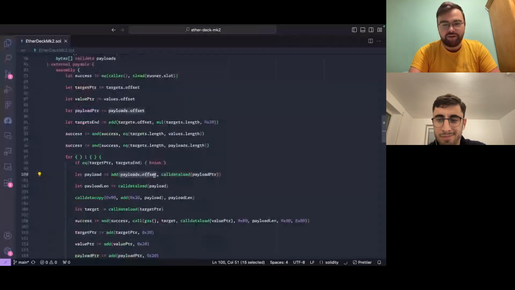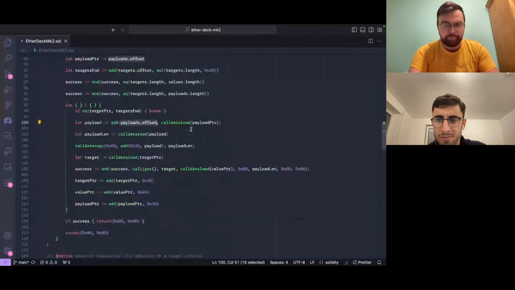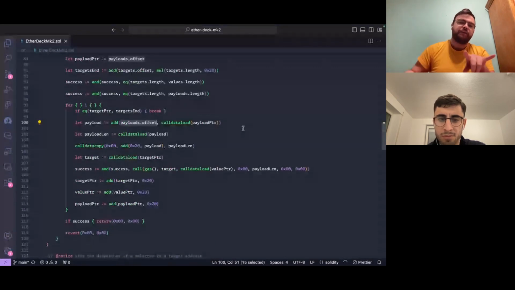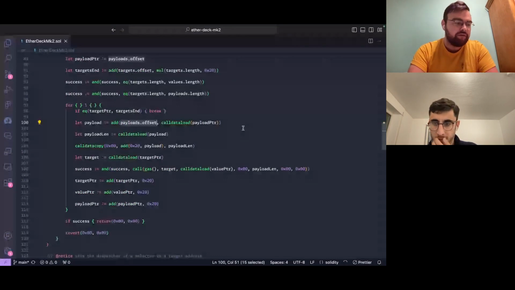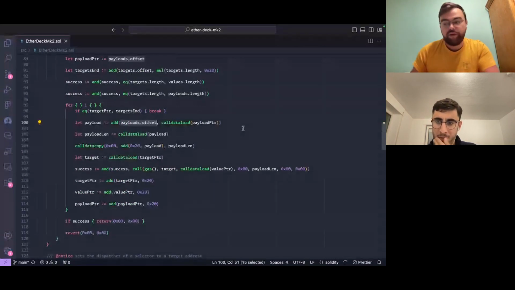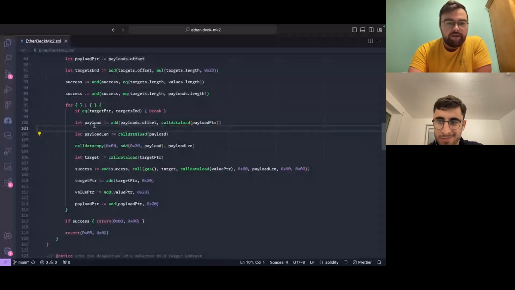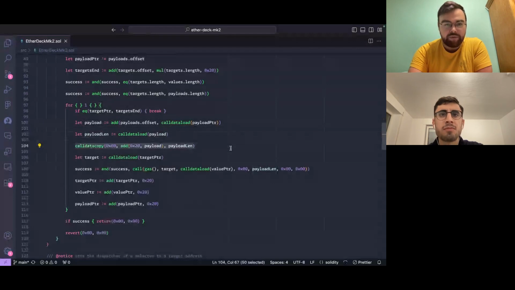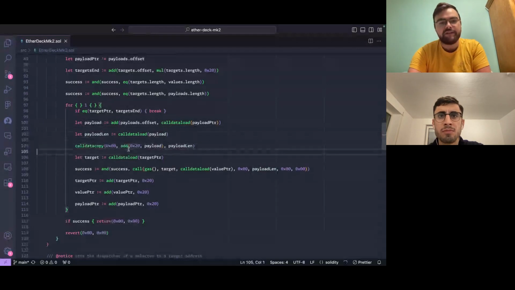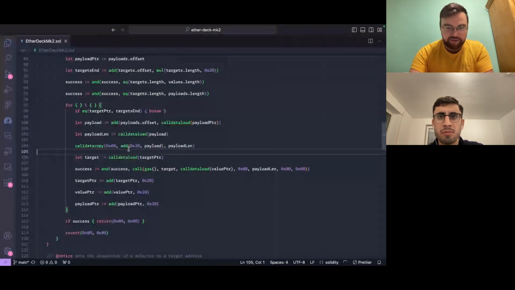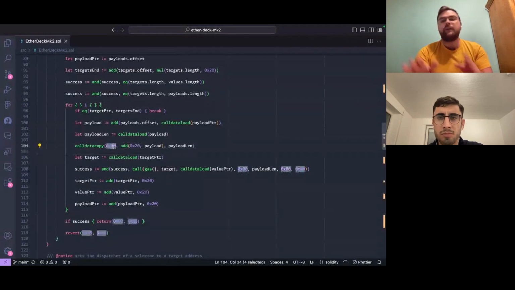Essentially, we go from the start of this array, and then we load this pointer that allows you to find exactly where the actual payload starts. It's a lot of pointer black magic in Solidity's ABI system. From there we can get our payload and our payload length, and then we do this call data copy operation that, from those pointers we just computed and the length we just found, pulls the payload into memory, and we always put things